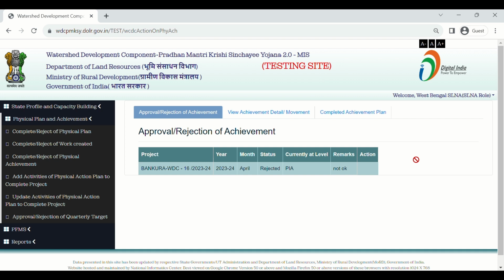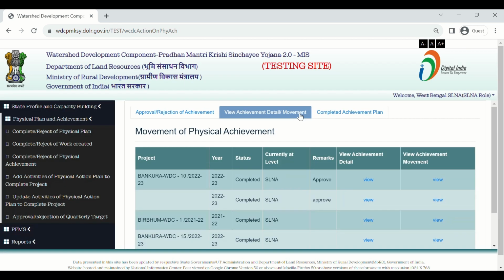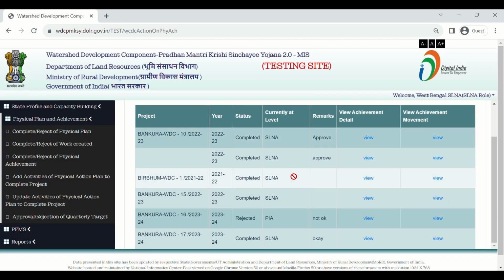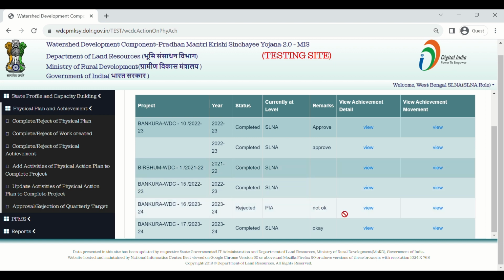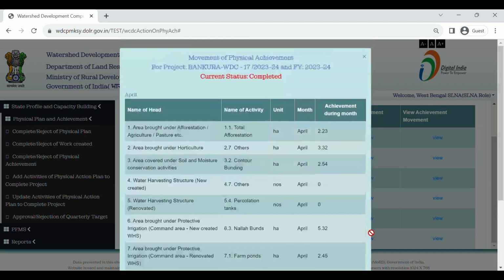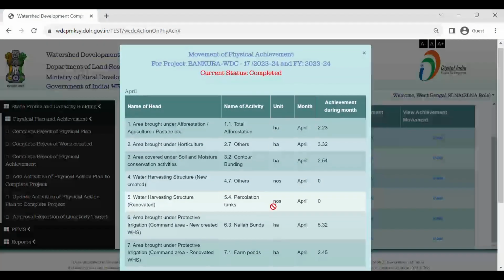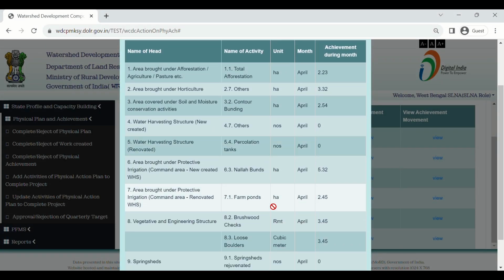The SLNA user can also view achievement detail and movement by clicking the next tab, View Achievement Detail Movement. Here he can see the achievement detail by clicking on View. Here he can see the movement of physical achievement.